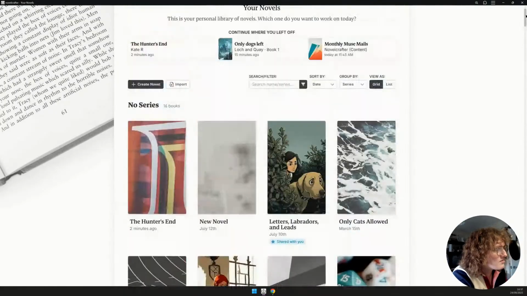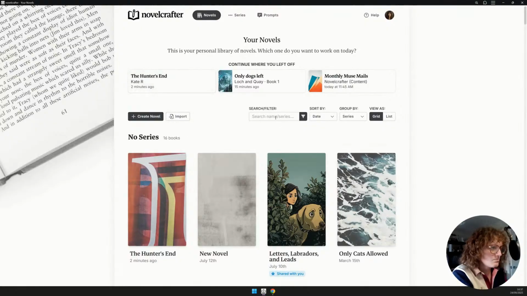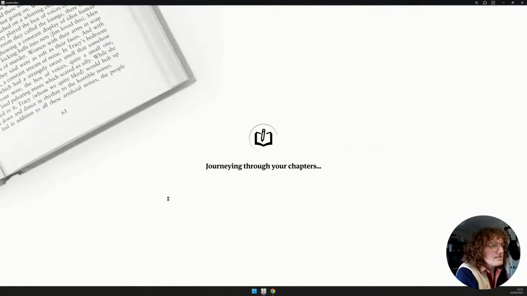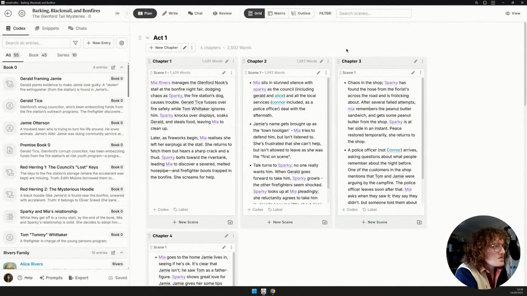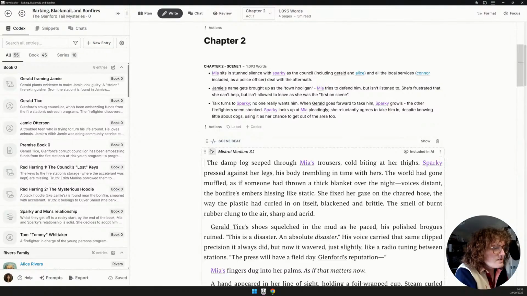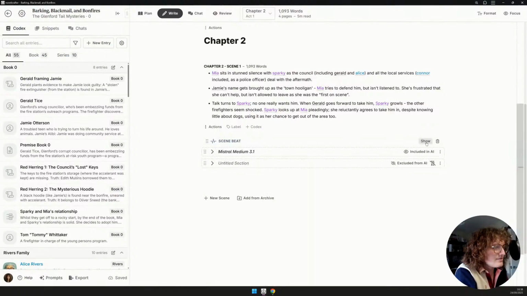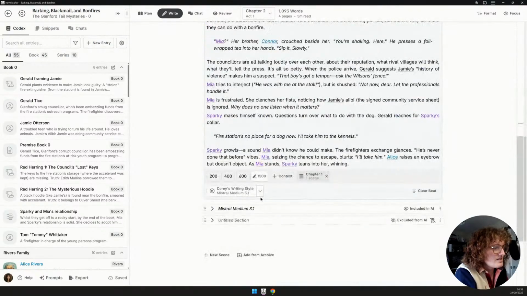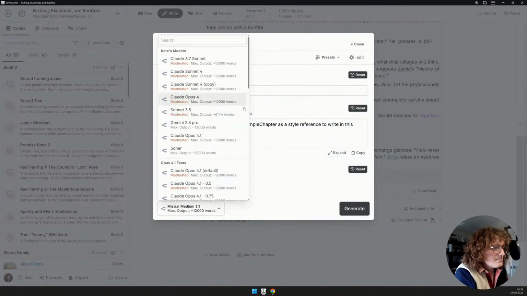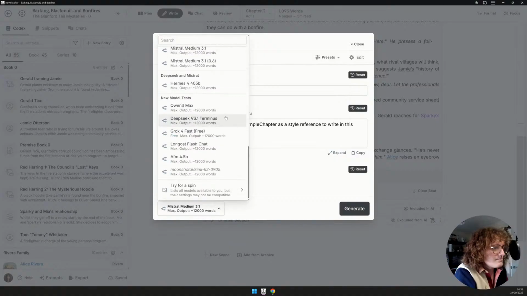What was I gonna do? Barking Butt Melon Bonfires. Let's have a look at this. I'm just curious now to see how it will write this. This is for my